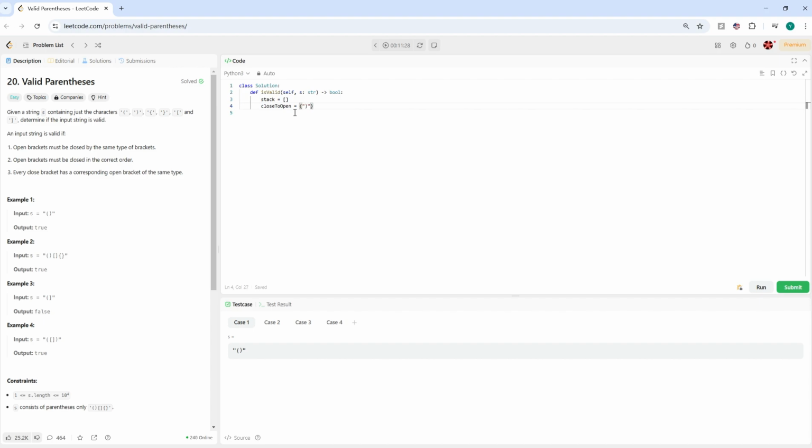The closing parenthesis will map to the opening parenthesis, and the closing bracket will map to the opening bracket, and the closing curly brace will map to the opening curly brace. So basically, we will visit every element in the input string, so the time complexity will be O(n). If the element is in the close to open hash map,